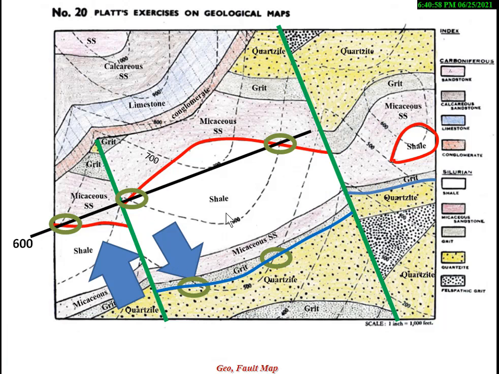Now we calculate this fault line. So at first we need to select the same bearing line on the left side and right side of the fault. I select this bearing line on the left side and the same bearing line appears on the right side. So we need to draw a straight line. This is a 500, this is a 500. So just join these two points. This is a 500 straight line.